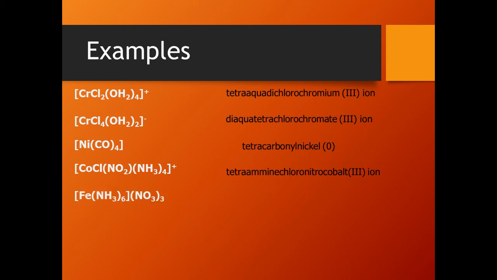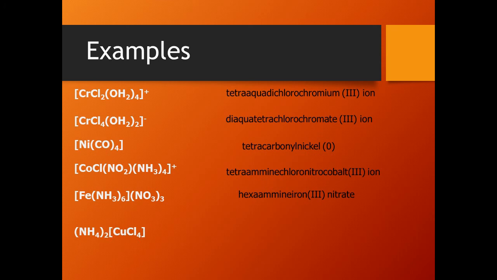Our next example is [Fe(NH3)6](NO3)3. This complex is again an ionic compound, and you have nitrate after the coordination sphere, therefore you have to start naming with the complex part. 6 ammonia molecules are there, you have to use the prefix hexa, hexaammine, and the complex is cationic, so hexaammineiron(III) nitrate, and you should note that there is a space between the Roman numeral 3 and the nitrate.